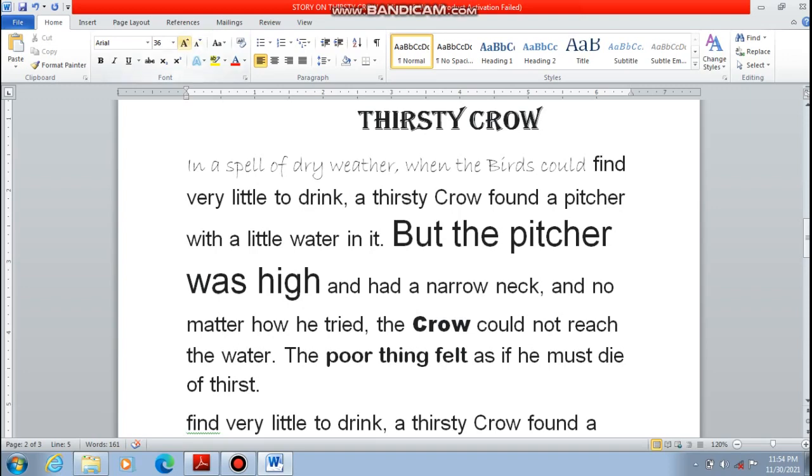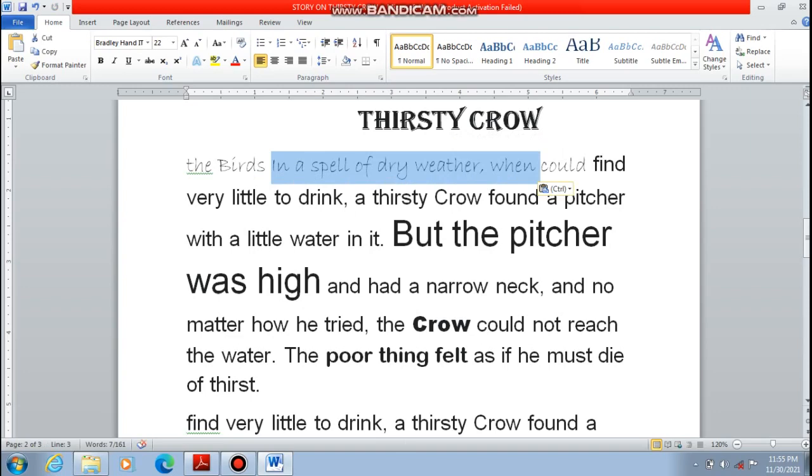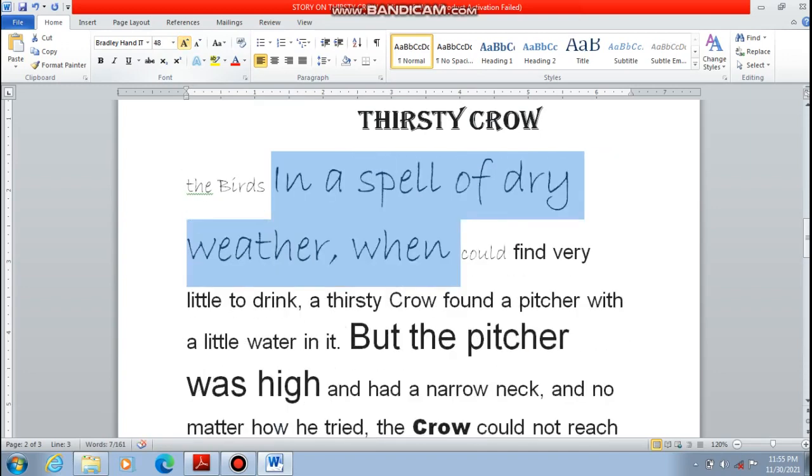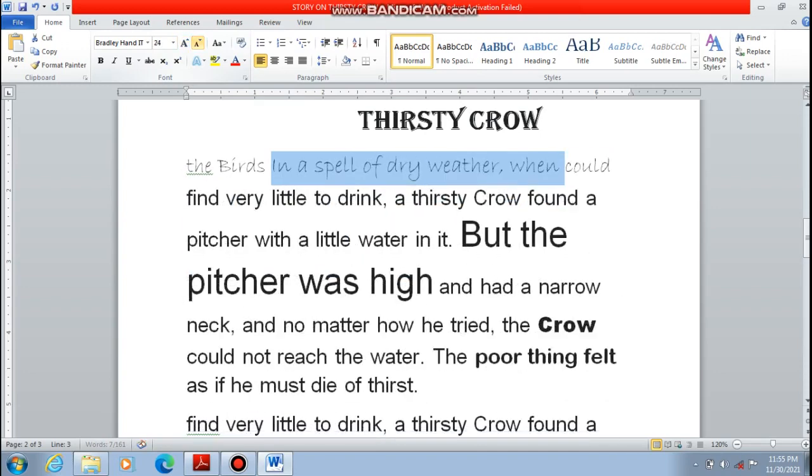Next, you can select it from here as well. Suppose you want to change the size of these. Again select it, then go here. If you want to increase their size, if you want to decrease their size, the function of this and this is a little bit the same.